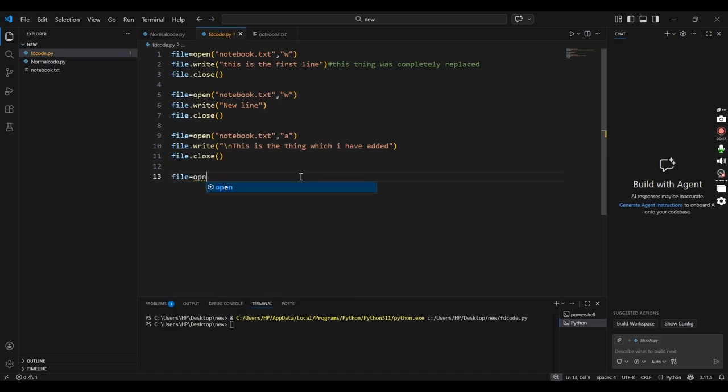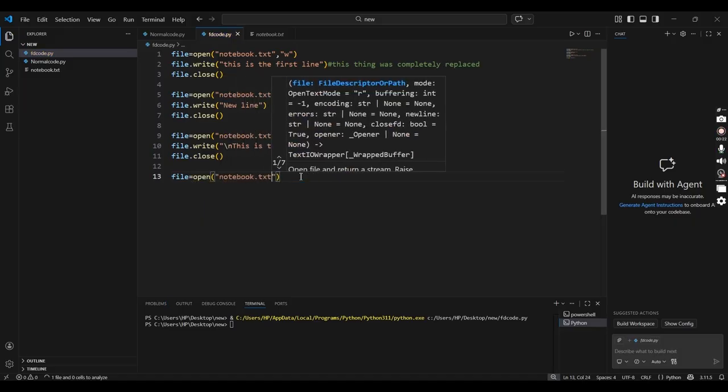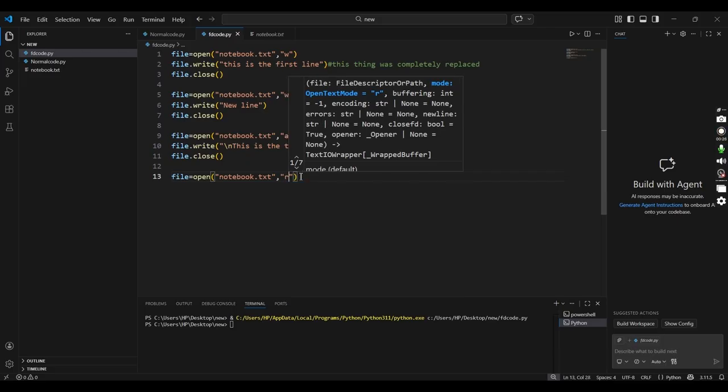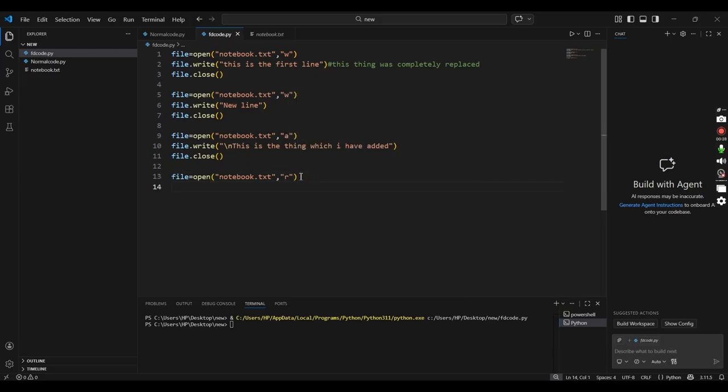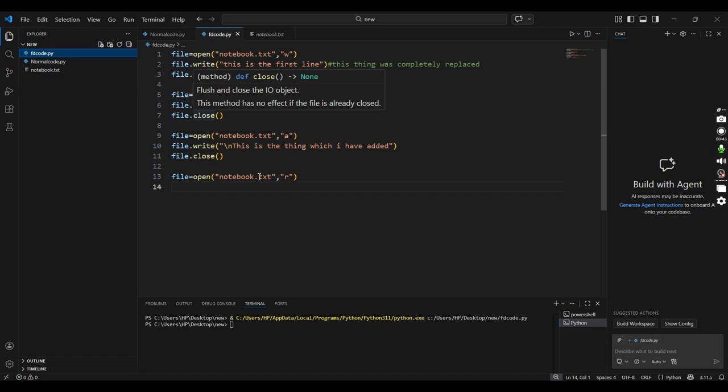File equals open notebook.txt, and because we want to read something here, we use read mode. We want to read it from the terminal. We do not want to go directly into our file and read, but we want to access that thing from our terminal. Then we will use the read mode.